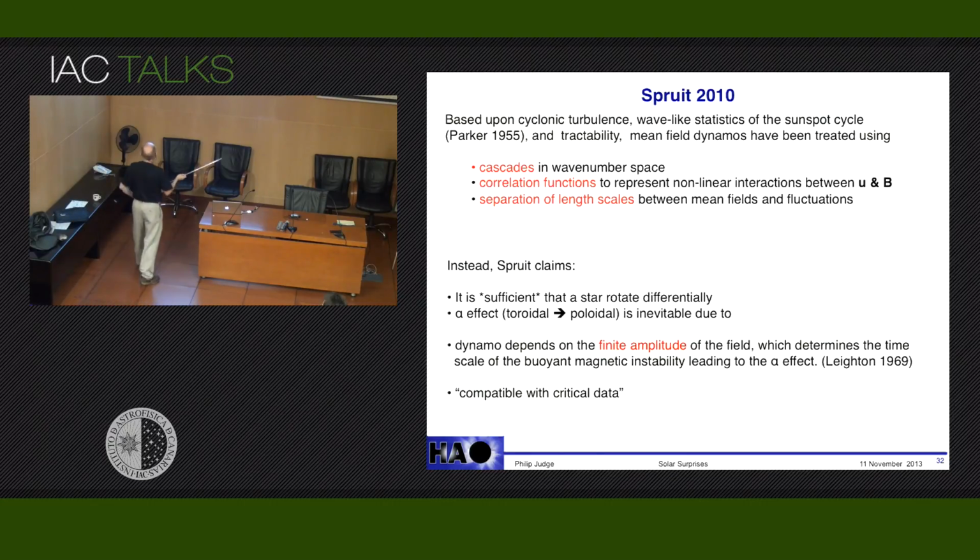And he says it because it is sufficient, first of all, that a star rotate differentially. So that's the omega effect. And then, because it's rotating, you have a Coriolis effect. Therefore, no matter what, you're going to get an alpha effect. And as I understand it, his